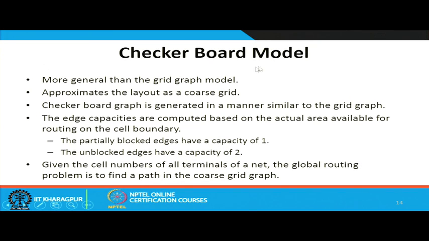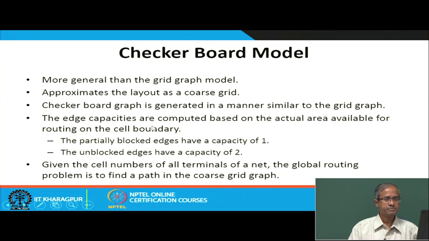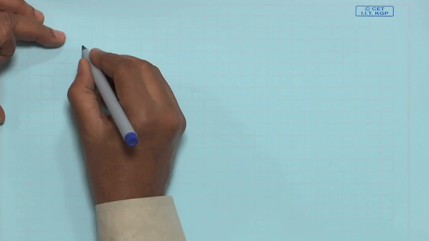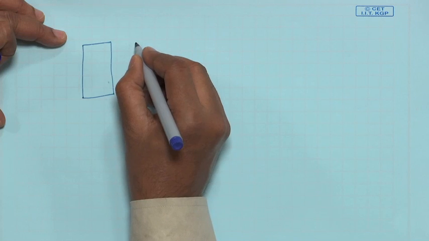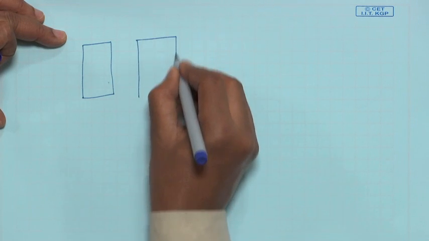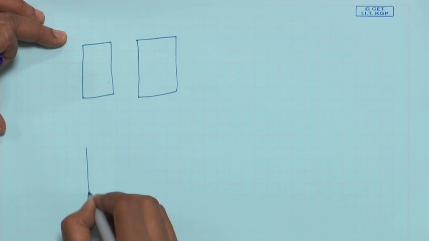Now, checkerboard model is more area efficient. It approximates the layout not as a uniform array of fixed size cells or grids, but as a coarse grid. Some grid can be bigger, some grid can be smaller. Also, the edge capacities between two blocks are different. For example, there are two blocks, there can be one block like this. So, two scenarios I am showing. These are two blocks, this is one scenario. The other scenario is